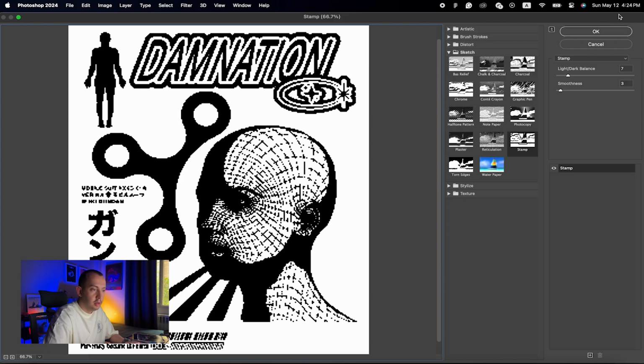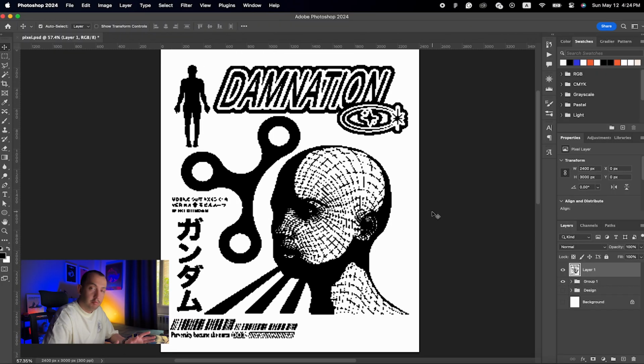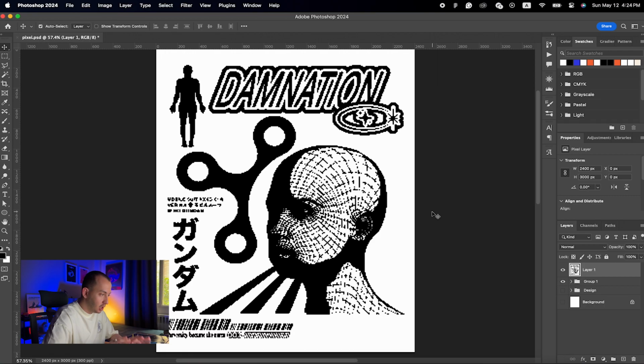That is perfect. So basically we are done, and I'm just gonna make some other changes to make it a cool poster so you can keep up with me here. What I want to do now is add a background, but as you can see, if I turn off this layer 2, the vectors and the backgrounds are all merged. So what you need to do is go to the magic wand tool here,